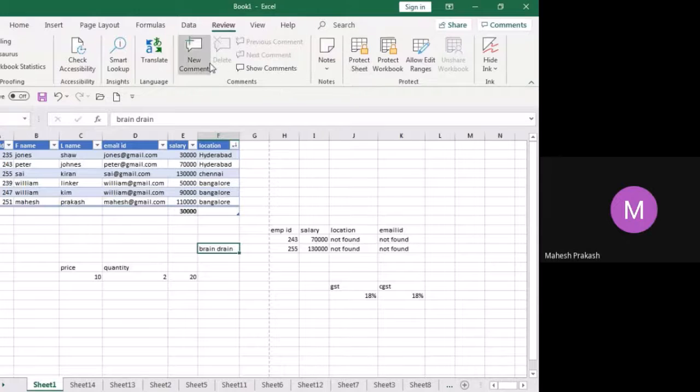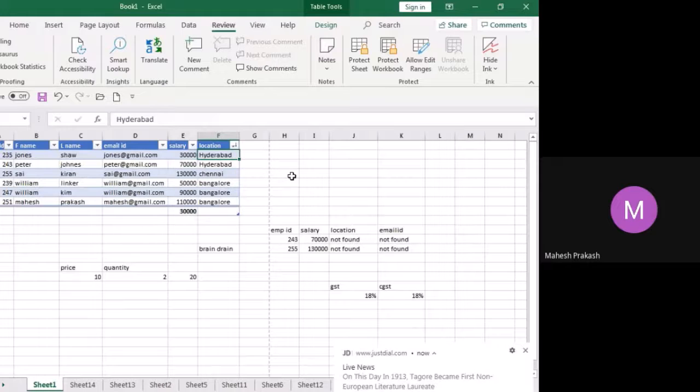Protect sheet is important. New comments means you can have comments over there. Like today you have worked on your sheet, and tomorrow someone else works on your sheet. He can add a comment saying that I worked on it. We can write this comment with the date.